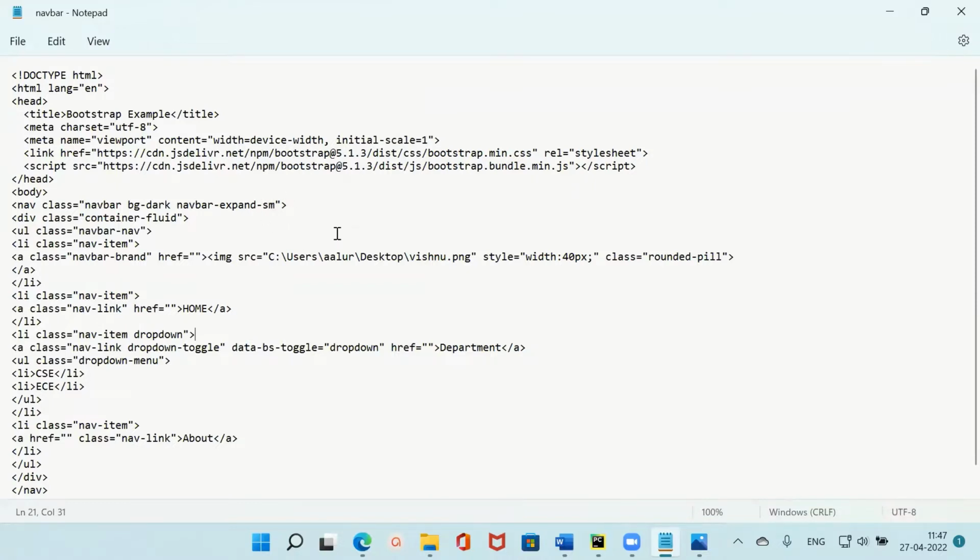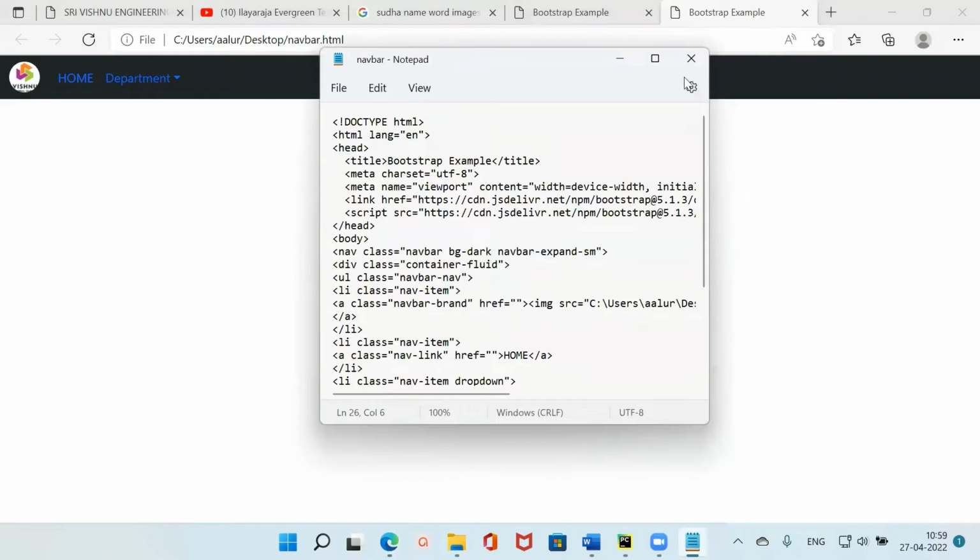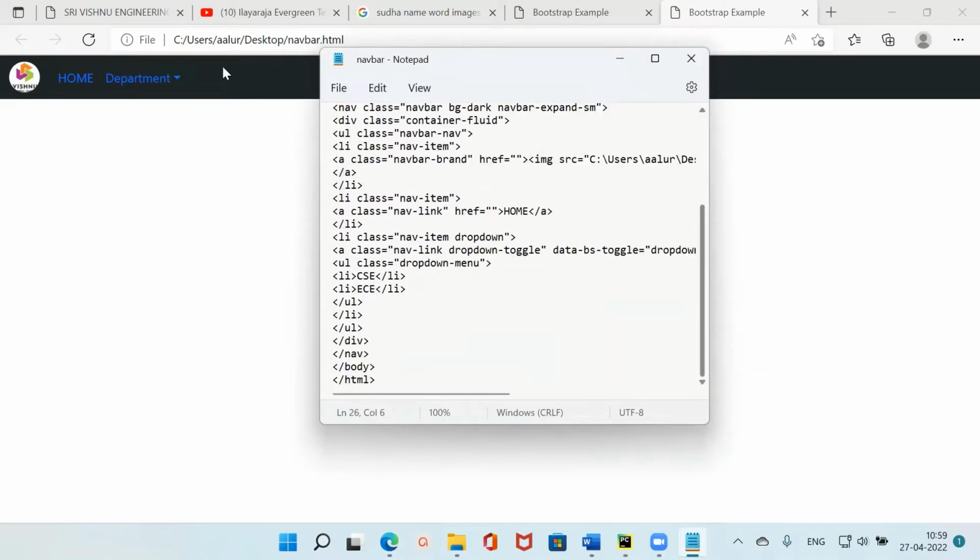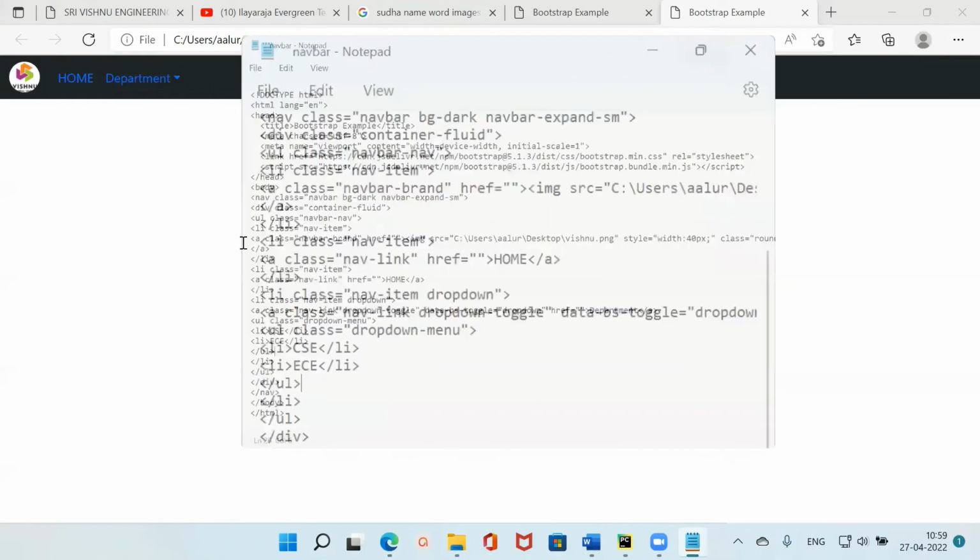So that's it regarding navbar-expand-sm. This is your navigation bar. You can add more items to it, more links over here. You can add images. This is the brand image that we have put over here, and we can add more links like about us and all that. You can add whatever you see on basic websites. You can just add and try it out. That's it. This is all about the navigation,